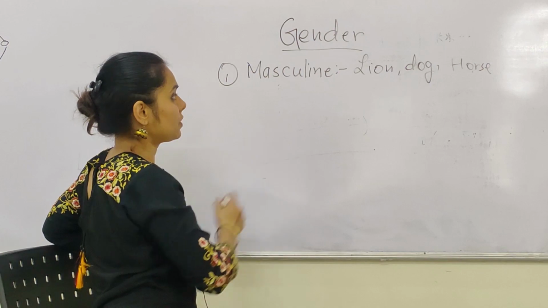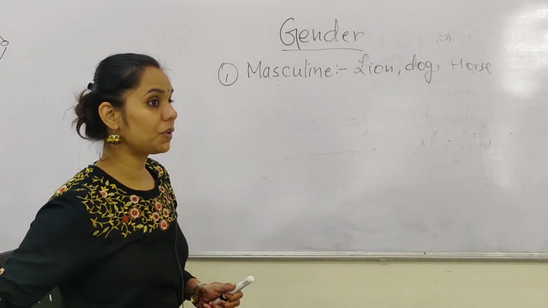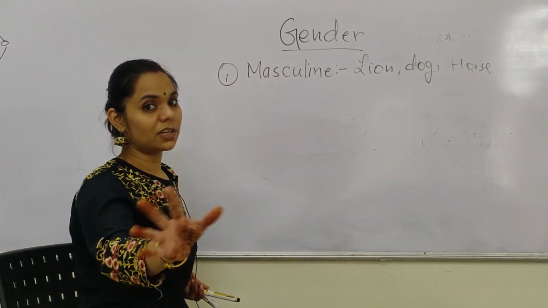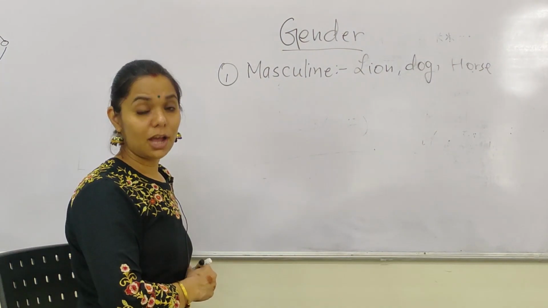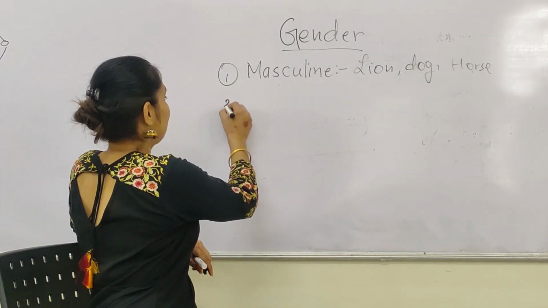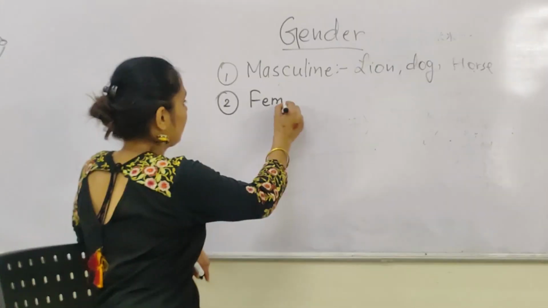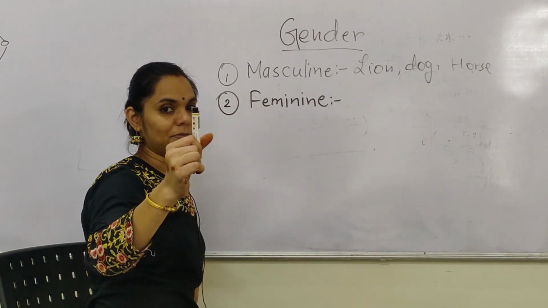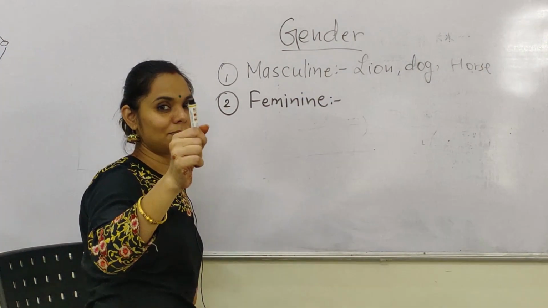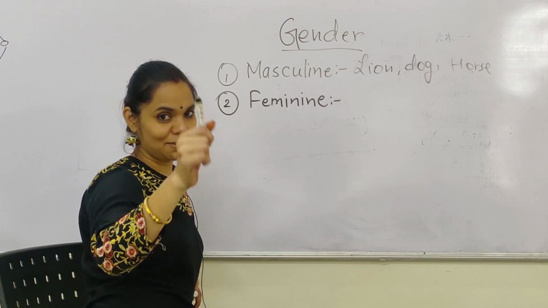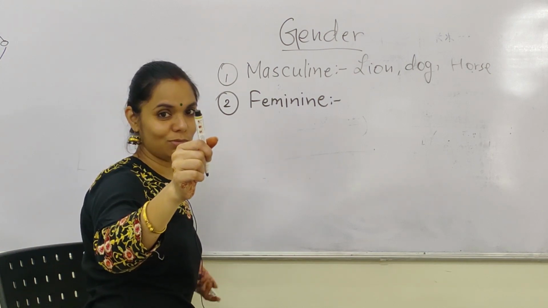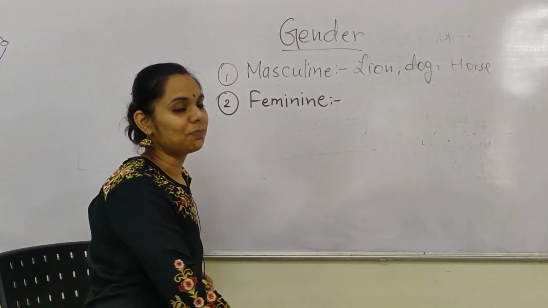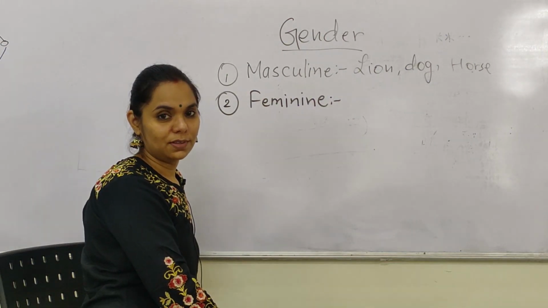After this comes feminine gender. What does feminine mean? Anybody who can be a mother is feminine. So suppose there is a family of lion. Who will be the mother? A lioness will be the mother. So here we will discuss feminine gender. When you are teaching this to them, ask them, can she be a mother? They will say yes. You ask them, can she be a father? They will say no. Then ask them to think about what gender it would be while you are teaching this.